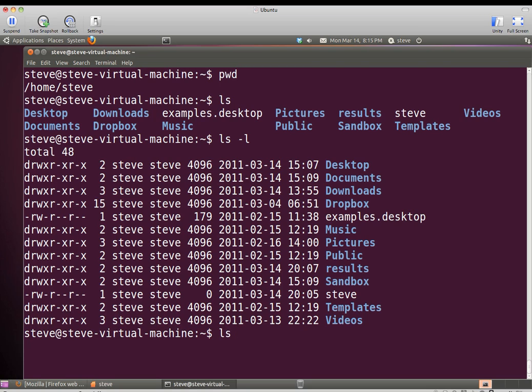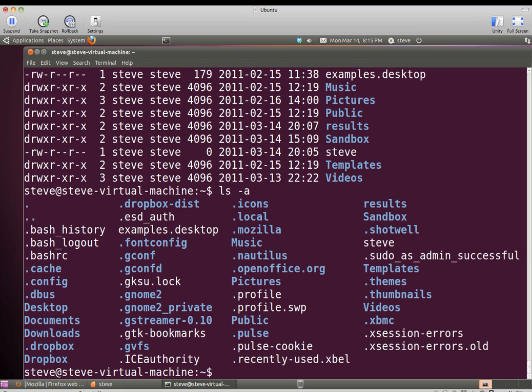However, if you do an ls -a, where the a option means show all files, you'll see that I get a very different listing here. I have a whole bunch of files like .bash_history, .bash_logout. There are some that are like .cache, .config, .dbus. These are all actually directories that themselves are hidden. The reason for this is that these are files and directories that a lot of programs need to use, but they're not of typical day-to-day interest to a user, so by default they don't show up.